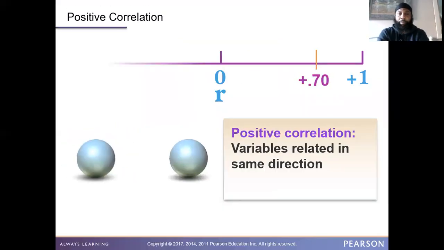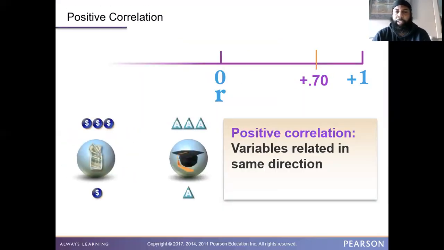So positive correlations, as I said, are variables that are related in the same direction, right? So they go up in the same direction. So we're going to keep beating that horse until it's dead, and then we're going to beat it some more. Okay. The higher it goes up,